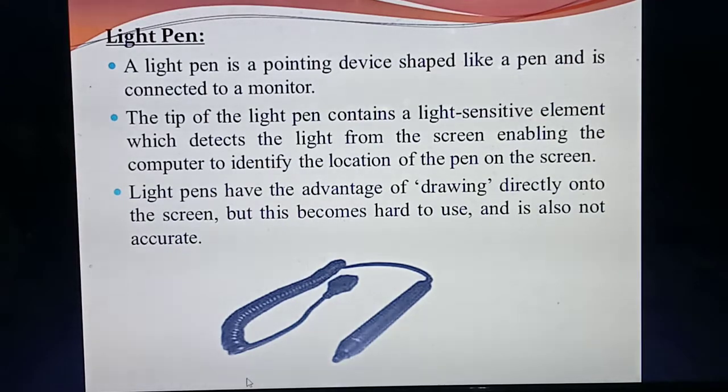Pointing device means you need to place it. See here, a pen-tip-like structure is there. Using that tip you can draw diagrams on the board. Using that, the smart board also, you can draw a diagram. But the same one, working with this device, we can call a light pen. Okay, so this device looks just like a pen, but one end of this pen is a plug point. One end of this pen is connected to the monitor of our computer.